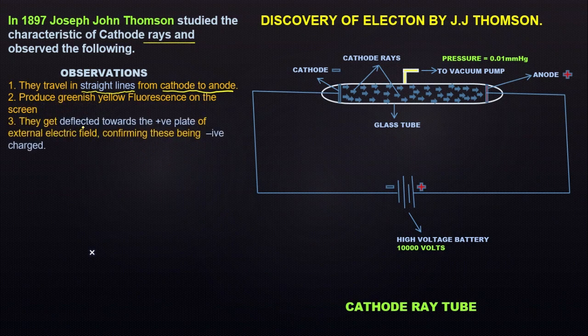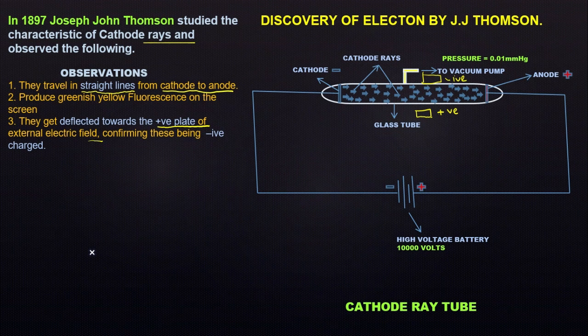Third observation was they get deflected towards the positive plate of external electric field, confirming these being negatively charged. Say for example, if we apply electric field across this tube, what he observed on applying electric field: he observed that these cathode rays are bending towards the positive plate of the electric field, and they are bending away from the negative plate, meaning they are getting repelled from the negative plate. They are bending towards the positive plate of the electric field, confirming that these cathode rays have particles that